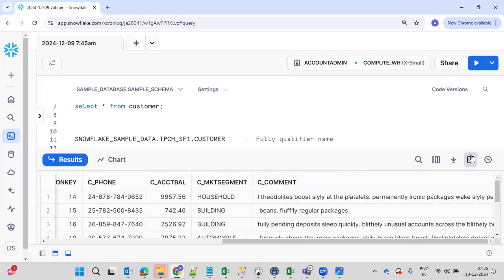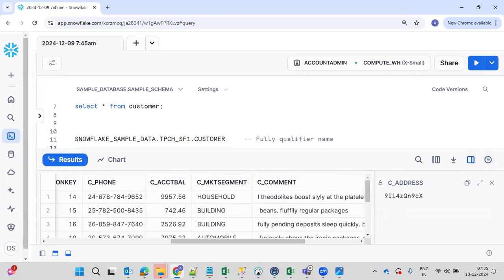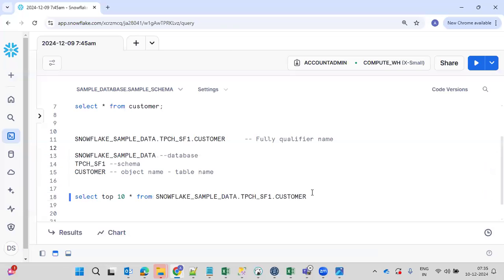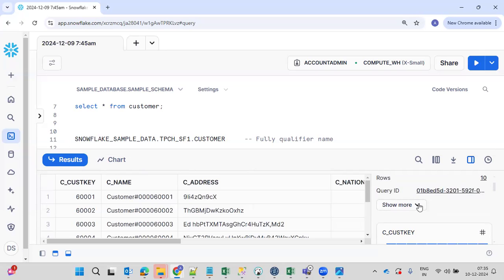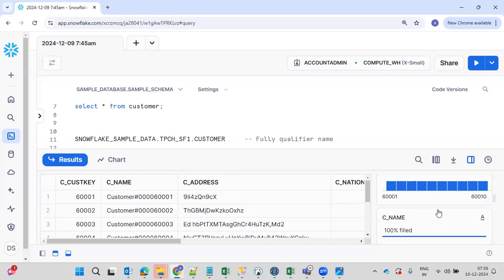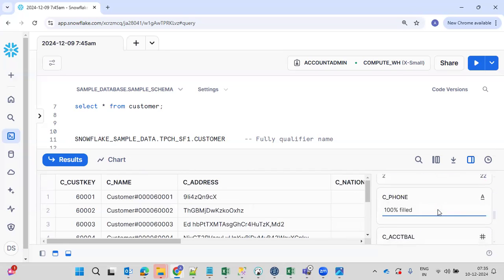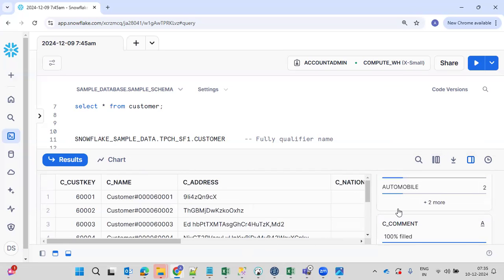Stats. See, 49 milliseconds. End time, scan, your virtual warehouse and role, warehouse. Everything it is going to give. So here I said that